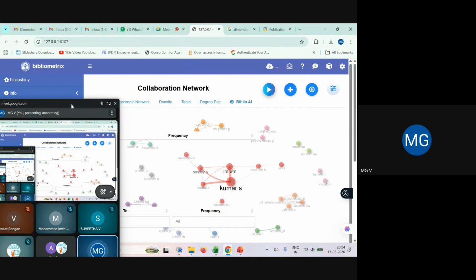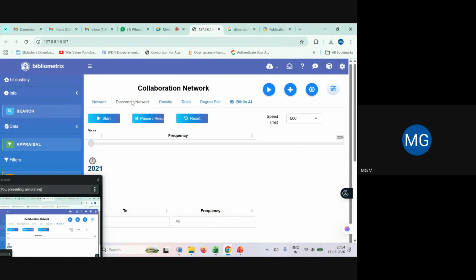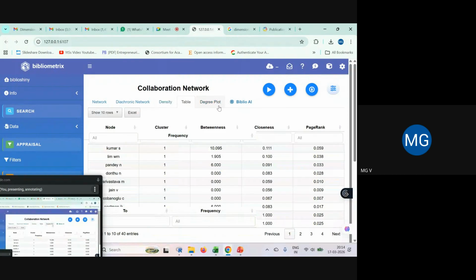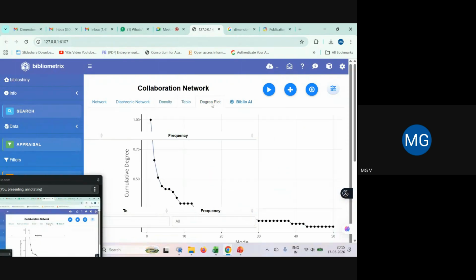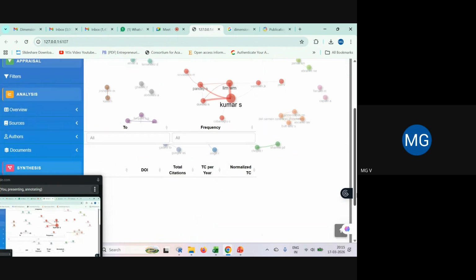Now see the collaboration networks, what it indicates, right? We have to study this. And if you want, you can change it as per your convenience. You can go through different options here. If you want to see the density form, if you want to see tabular form, if you want to see degree plot, whichever form you want to show in your study and analyze.